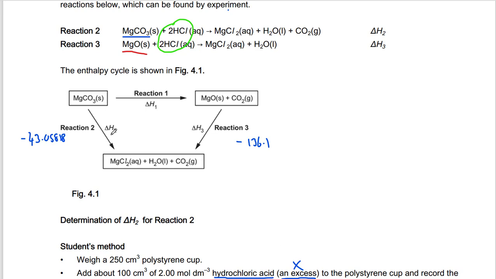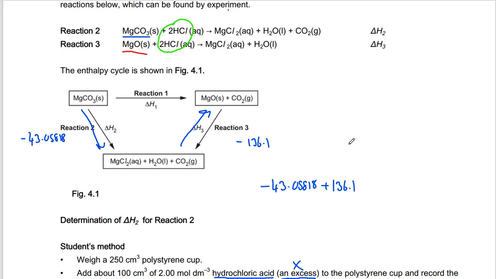So again, this is a basic Hess's Law one, so I'm just going to follow this arrow down. I'm following the arrow down, so I keep the number the same, so minus 43.05818, and I'm going back up this arrow, so I'm doing the opposite of this number. So instead of minus 136.1, it's plus 136.1. So I do my answer plus 136.1, and I get